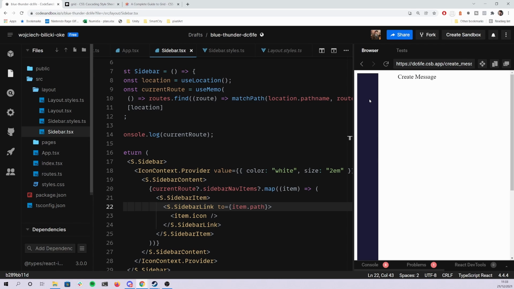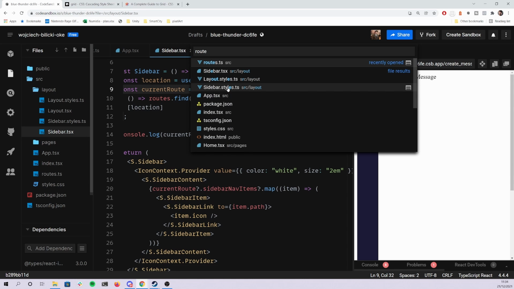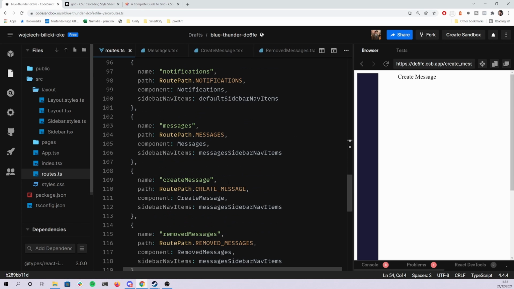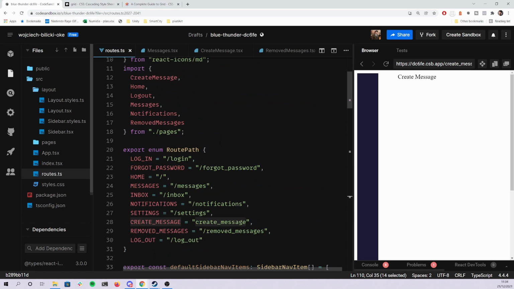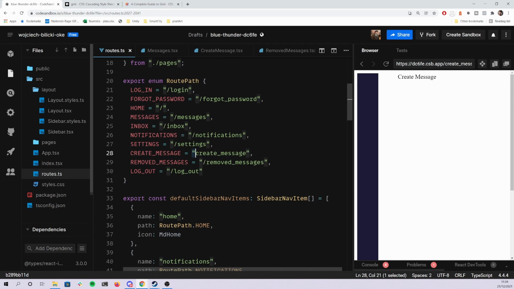Okay, so if I'm correct now, clicking on this should move us across. Something's wrong with create message. Let's see, create message. Path create. Oh yeah, fix this. Okay, wonderful. So this is working,